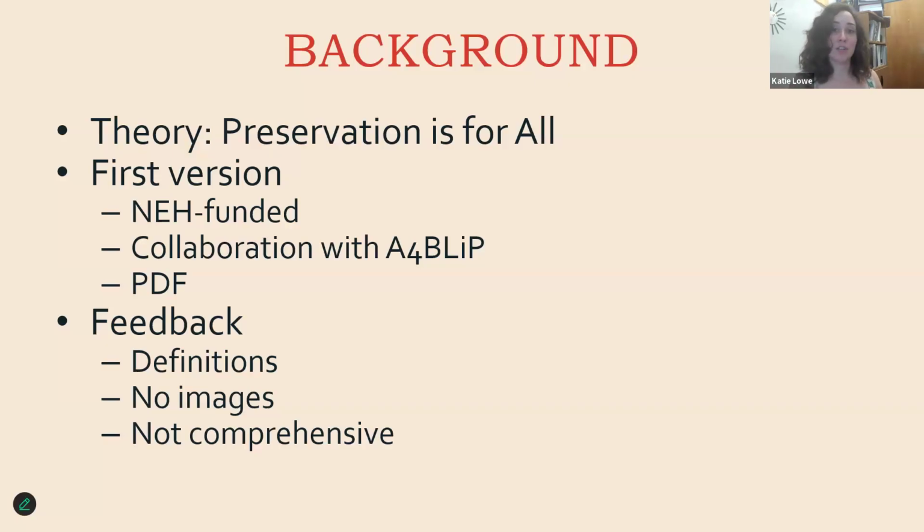Essentially, people were telling us that the definitions were still a little bit too jargony in general. We also got a lot of feedback about interest in more images, especially for things like materials and damage. And again, we wanted to make this new version a little bit more comprehensive. So the original version didn't have a lot about digital preservation, and didn't really do much to speak to the fact that